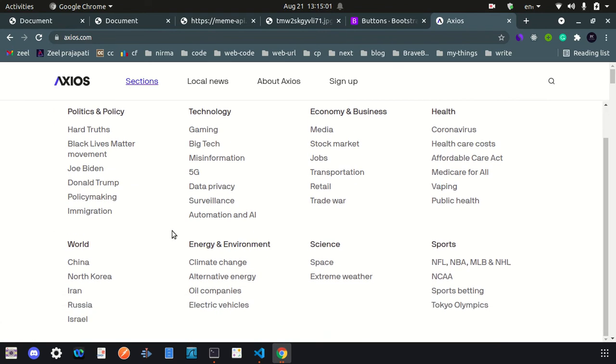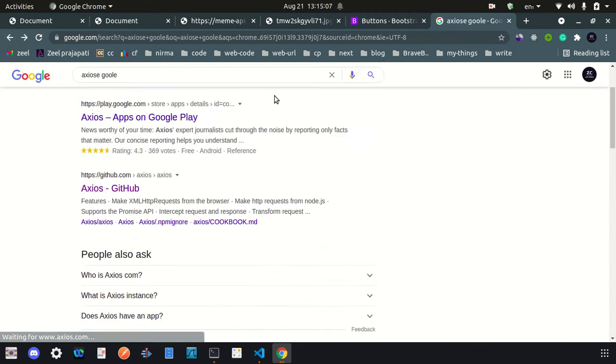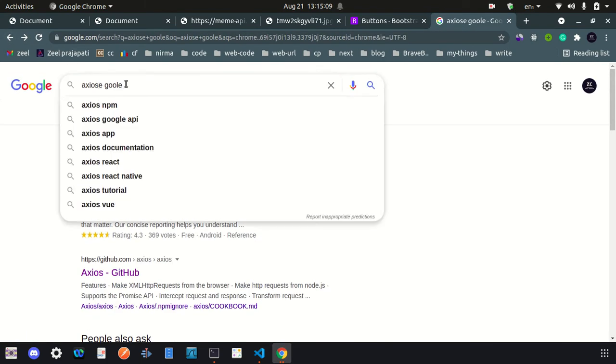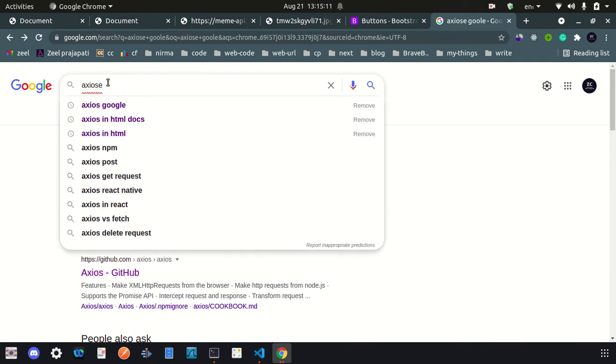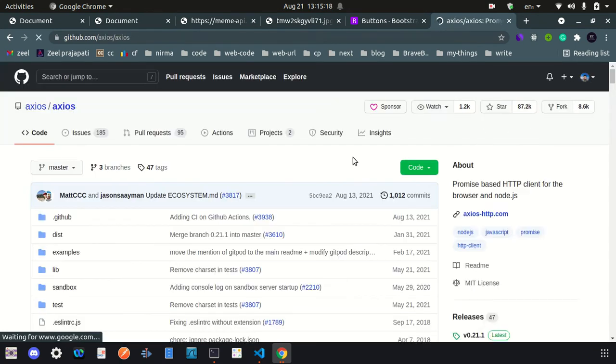Do not search here all the time. We can also search for Axios documentation, and just head over to the GitHub page.